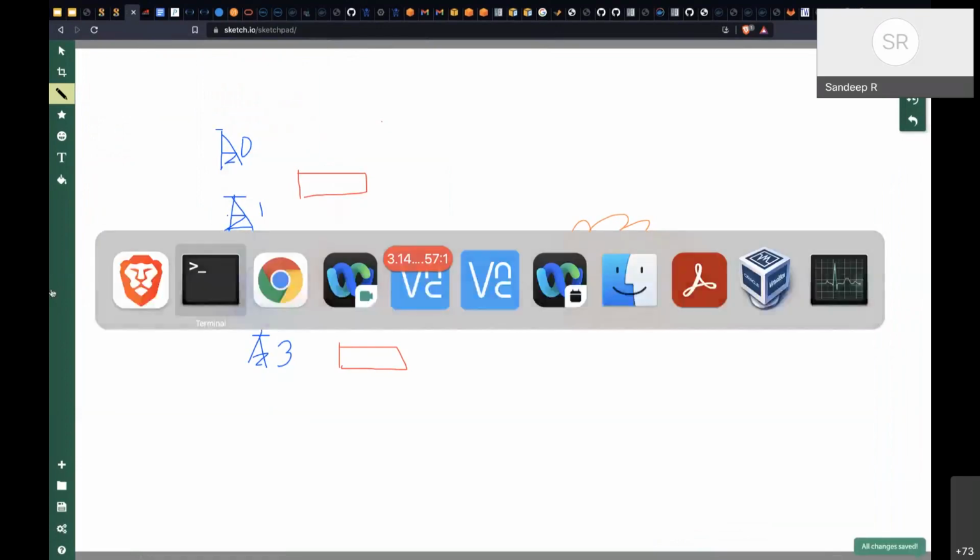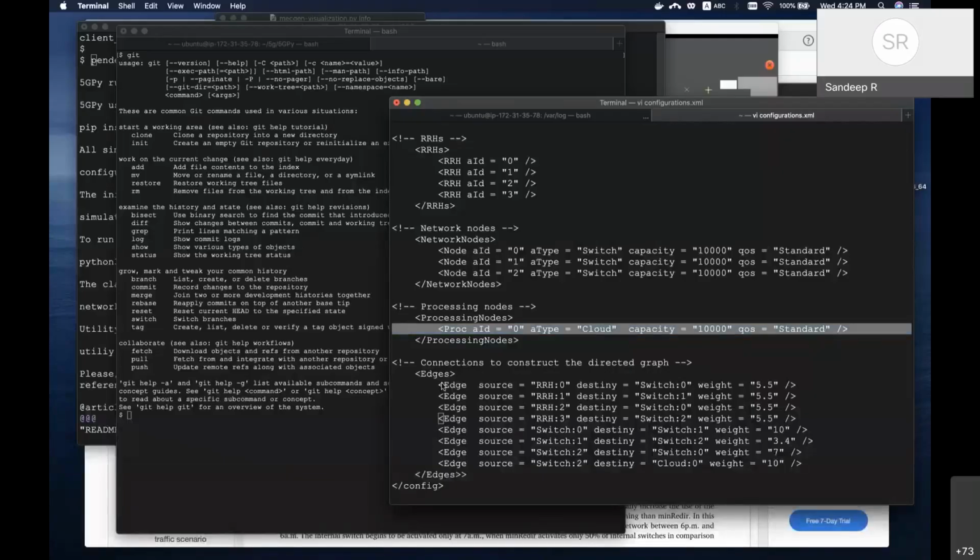Okay, so now the next thing they have done is created edges, weighted edges. They're giving some weight. Obviously the weight is possibly indicating the strength of the signal between the two links, or maybe the bandwidth or whatever. So they have 5.5 for all radio to switch, switch to another switch is 10, one switch to another switch is 3.4, something like that. They've given different weightages to different switches. So we will do this.